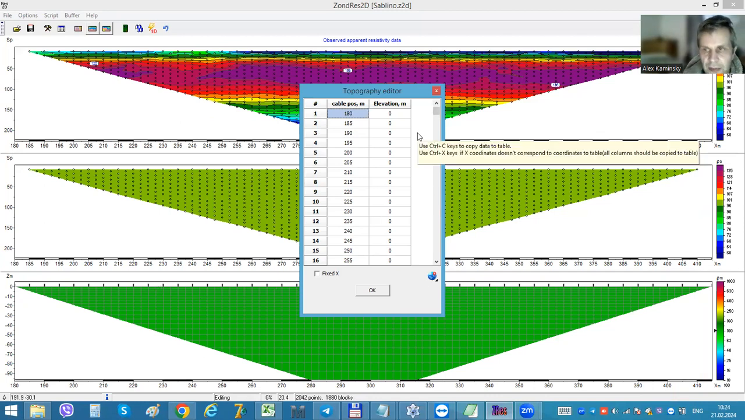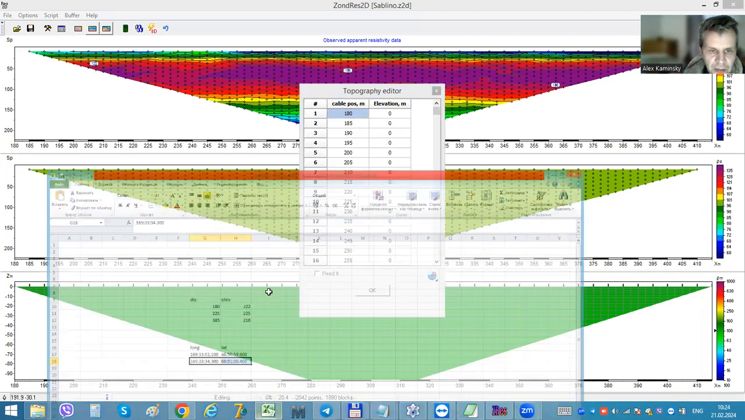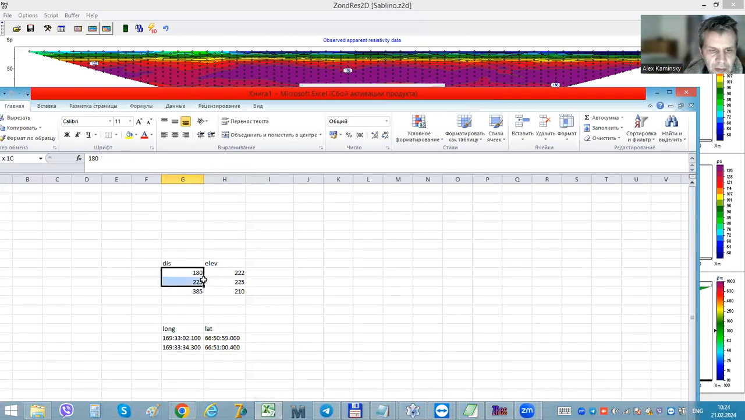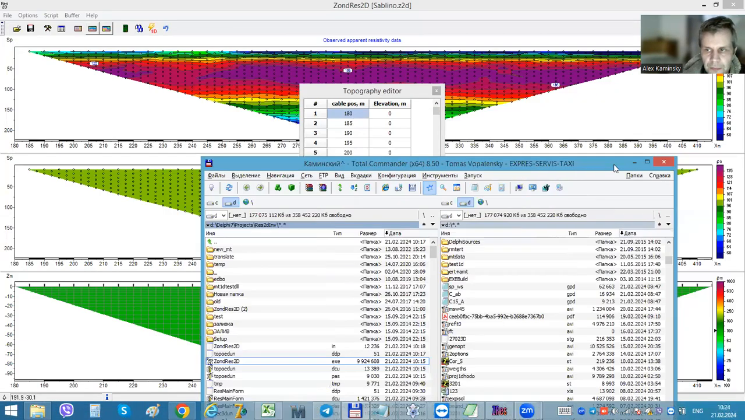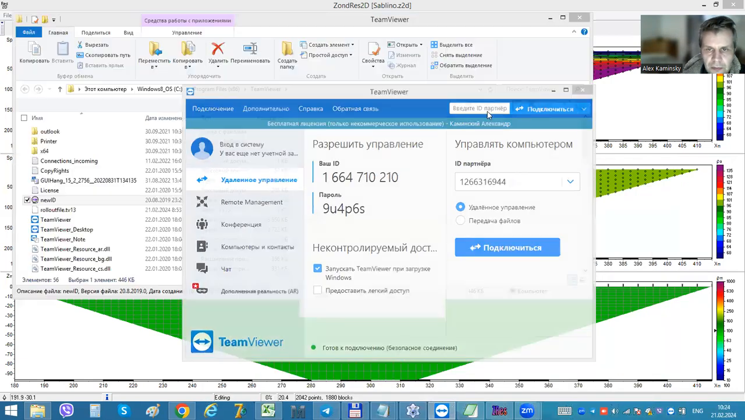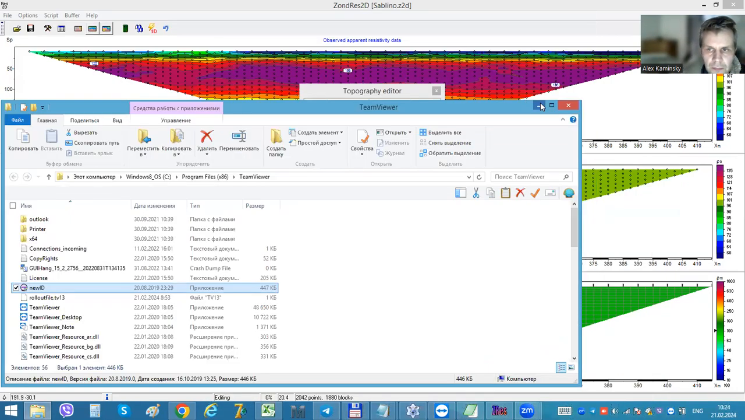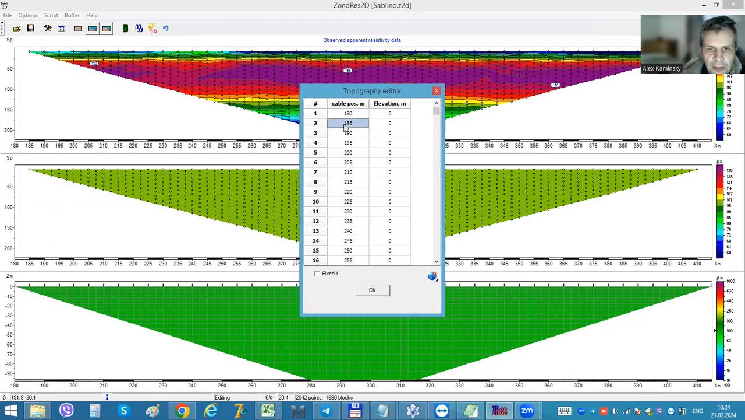But if you do not have enough points, or you have just several points with elevation, you can use this hint. For example, here I have only 3 points with elevations. What I can do is copy 2 columns, distance plus elevation, and use the Control X keys